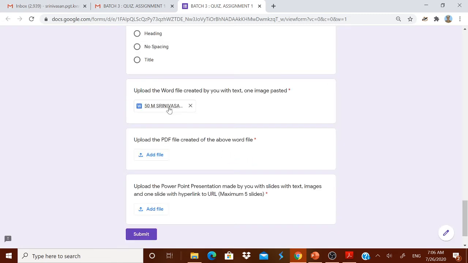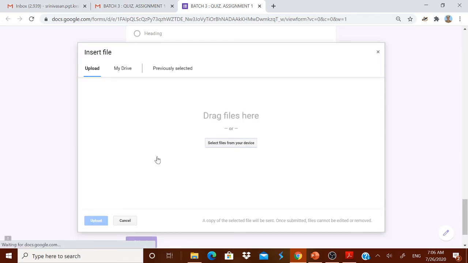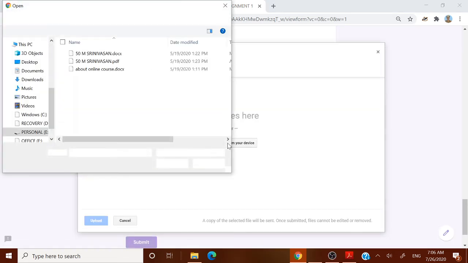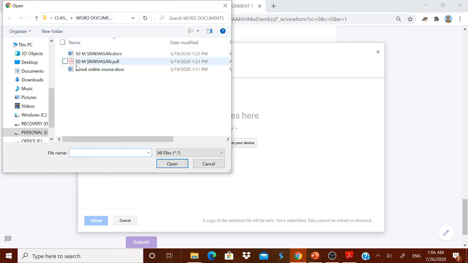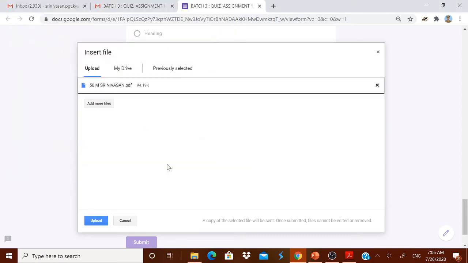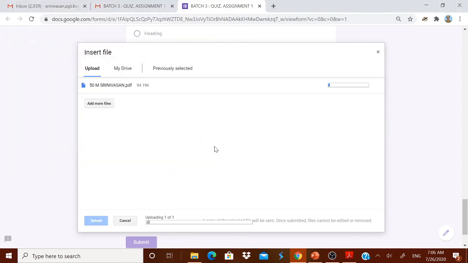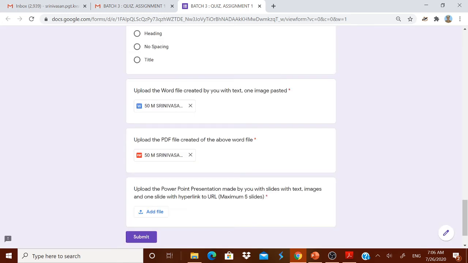Now it got uploaded. Now again the PDF file, the same thing, click add file, go to the folder in which it is there already. Now this is the PDF file, your roll number followed by your name. Rename it, open, upload. Now it has got uploaded.